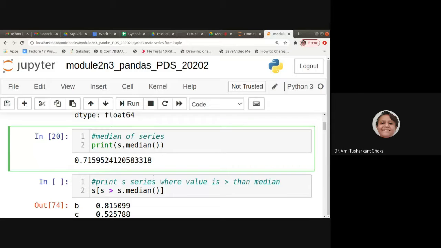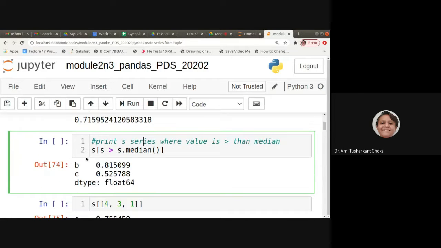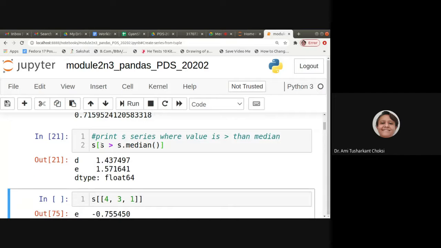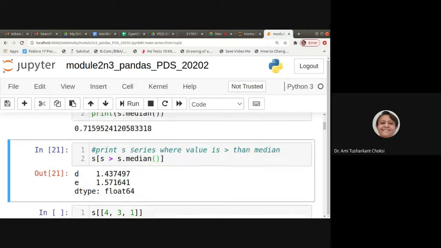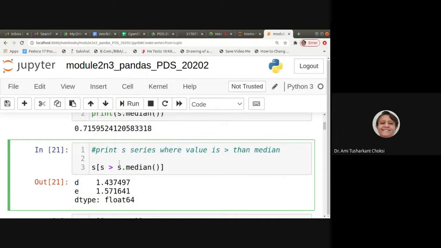That is the Pandas series. So here, if I want to check whether the S value is greater than S dot median, whatever the median value is, I want to check whether it is greater or not. So whichever value of S is greater than the median will be shown here. Two values we can see. What is the median? We can print that separately, no issue.